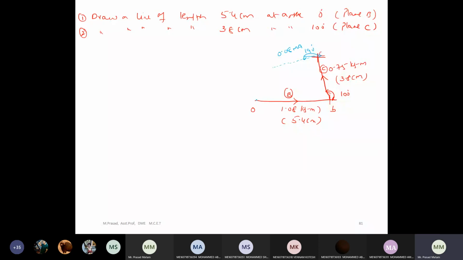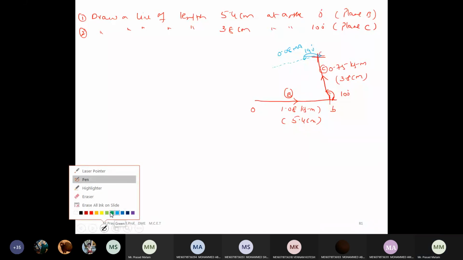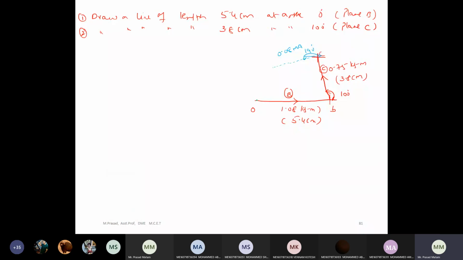Now with respect to this point, I know the angle made by plane D. What is the angle made by plane D? 77 degrees. From here, you draw a line of some distance length. We don't know the length of this also. I will use some different color. So from this point, this makes an angle of 77 degrees. Just I have drawn this line. These two will intersect at one point. This green line and blue line will intersect at one point. You got my point.